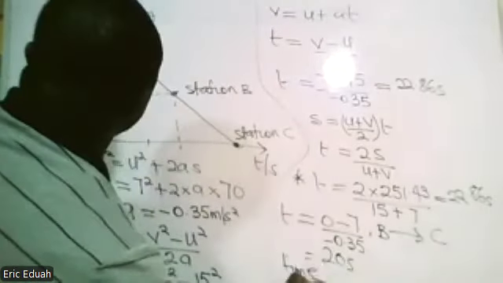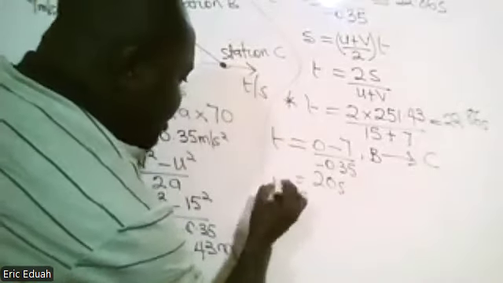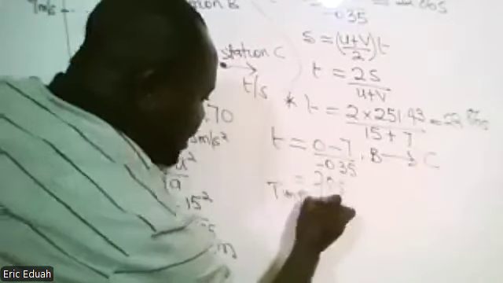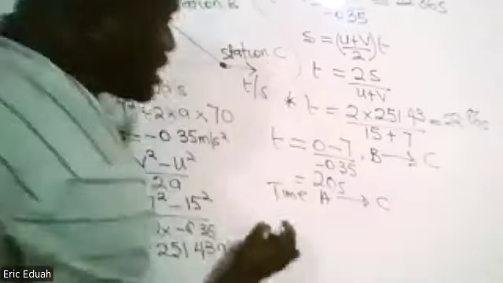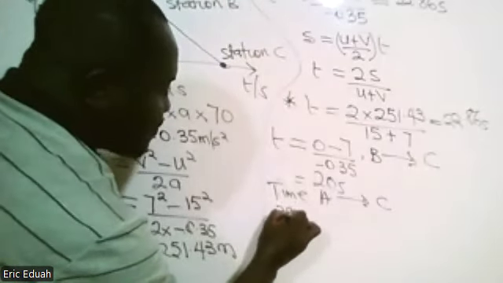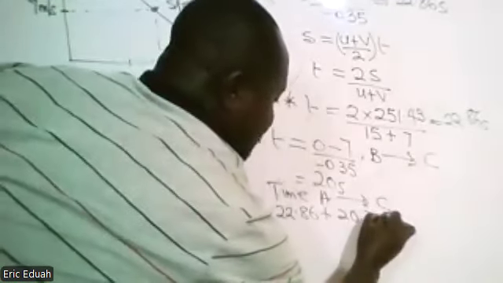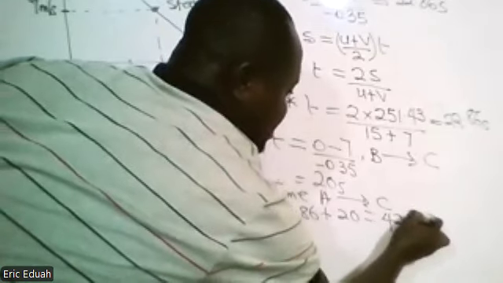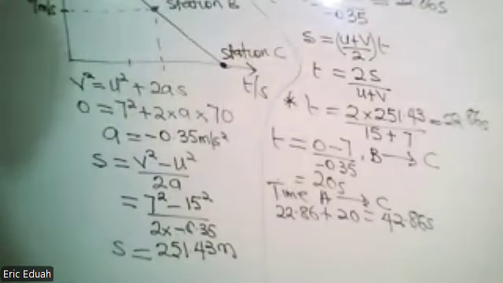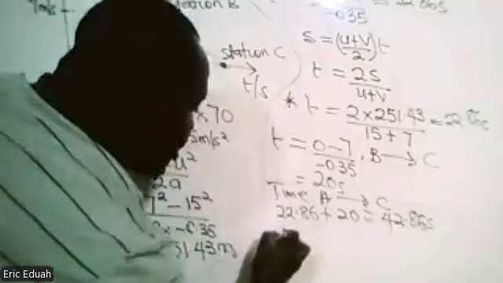Therefore, time from A to C will just be 22.86 plus 20, which is 42.86 seconds. We can also have a plan B, and the plan B is using S is